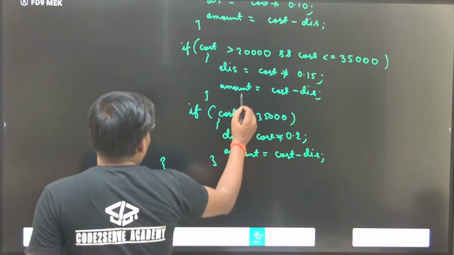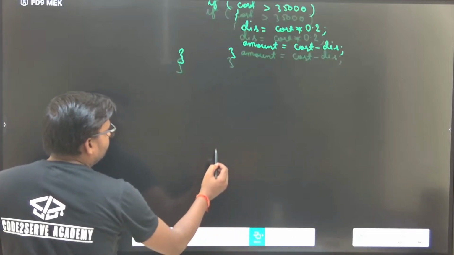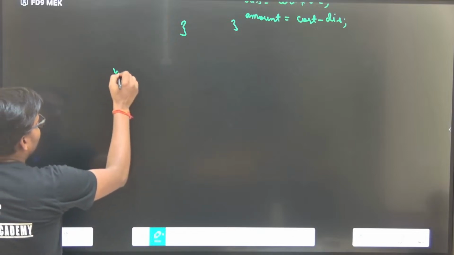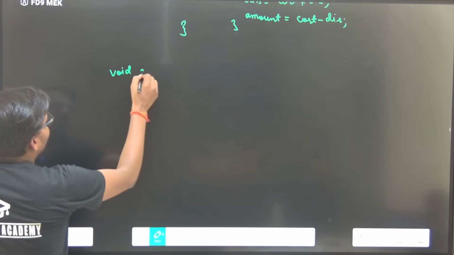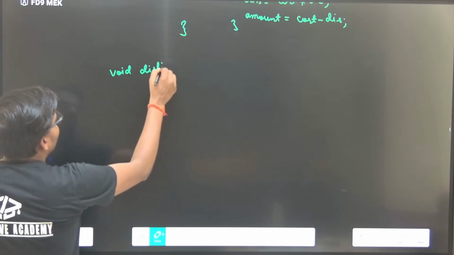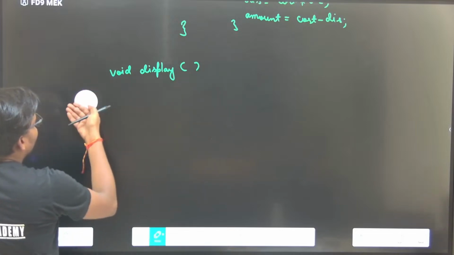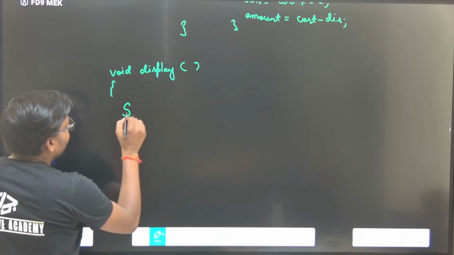So you'll create another function, that is void display, and inside this you will display